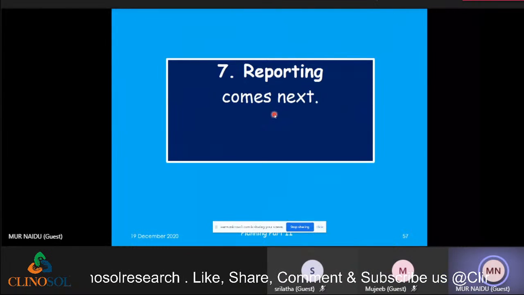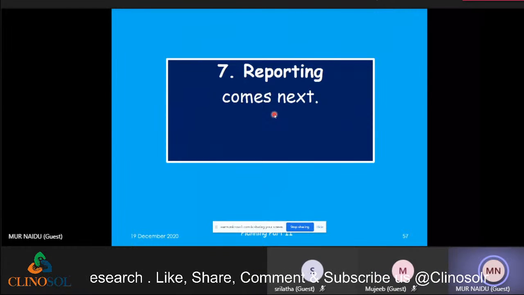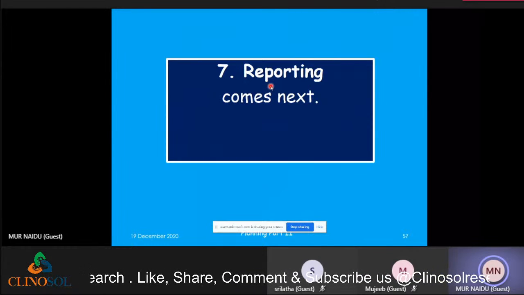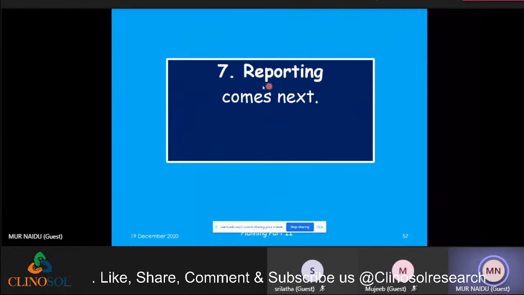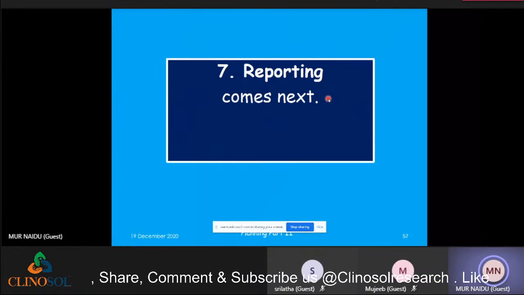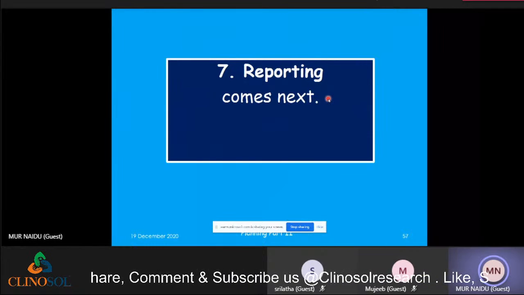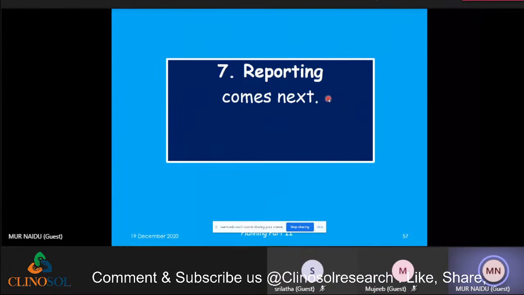They can see your data, they can see your interpretation, because this is the hard copy that has to be submitted to the sponsor or to the regulatory authority for approval. So reporting becomes very important and it should be done in a very proper manner. It is itself a very, very long topic, and probably I may not